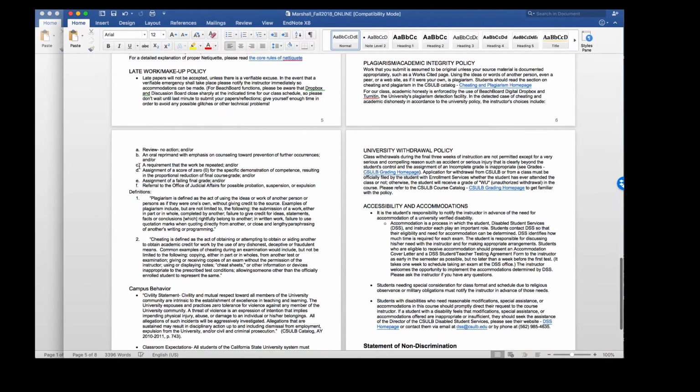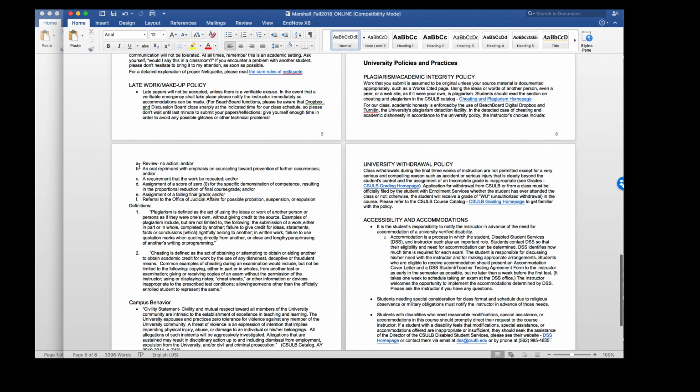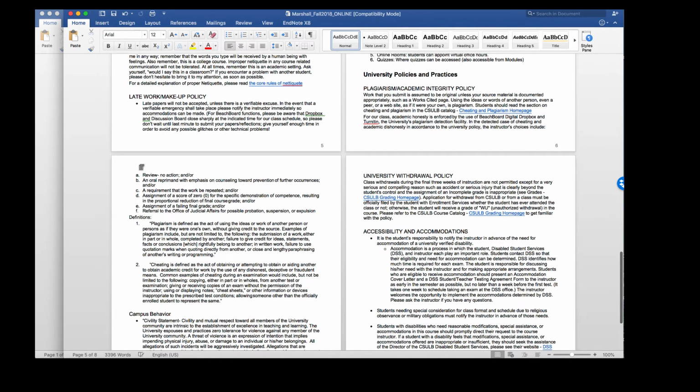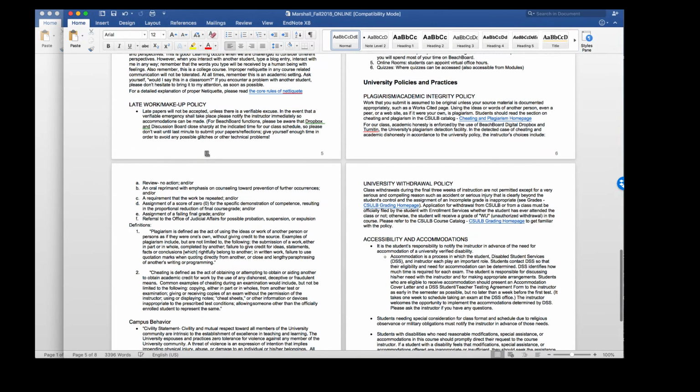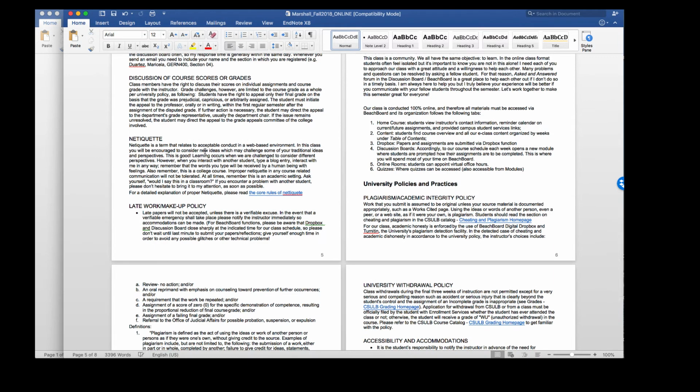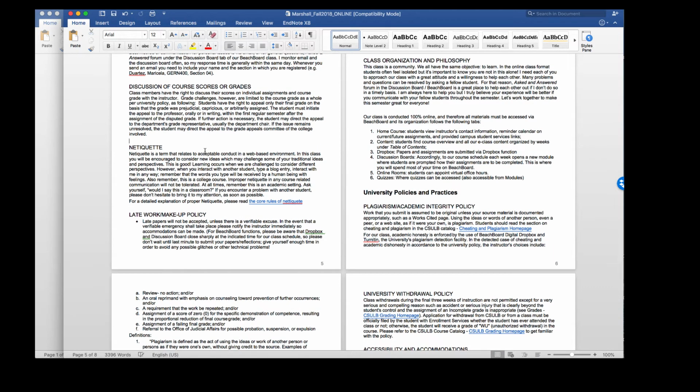Okay, what do we have here? Late work, attendance. What's important to know is that there are a lot of students in a number of sections of this course. So it's important that we keep our guidelines and our deadlines strict so that it's fair for everyone. So we don't accept late papers unless you have a verifiable excuse. Please notify me right away if you know you're going to be late. And that gives me the ability to reopen the assignment link in Beachboard if I need to.